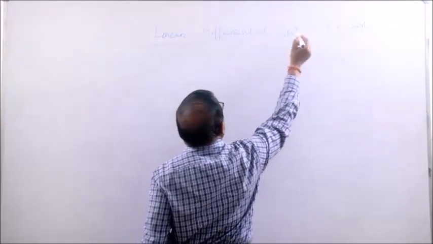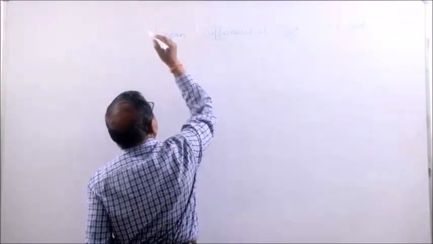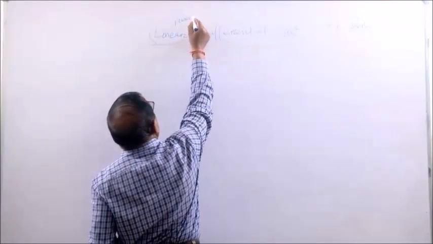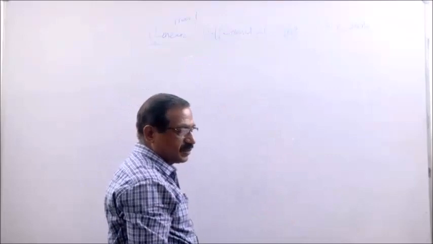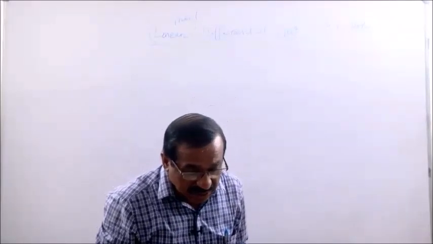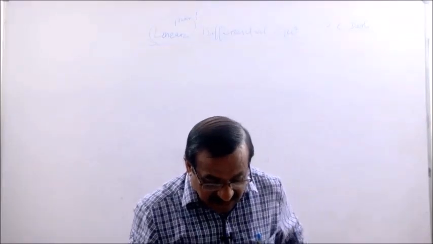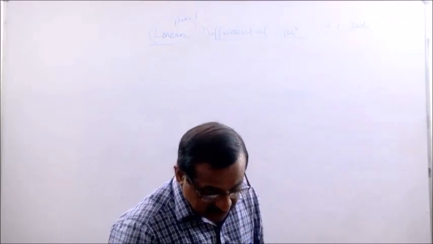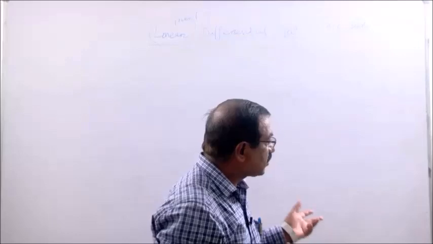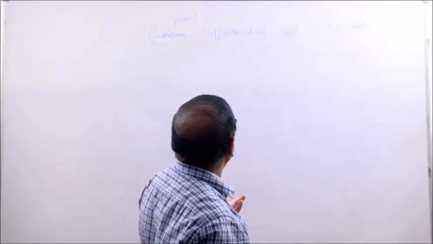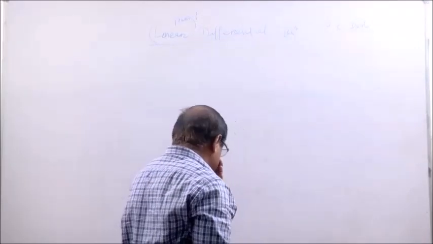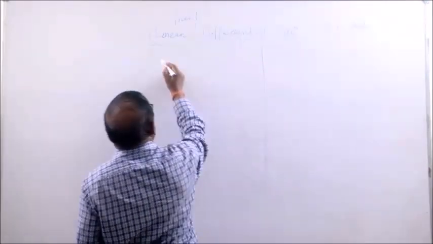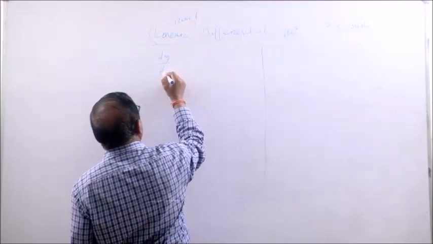Equation. You see, the very word linear means power 1. When the differential equation contains a dependent variable and independent variable of degree 1 and no multiplier terms, then it is called a linear differential equation. We are interested in this kind of differential equation, which is of the form dy by dx